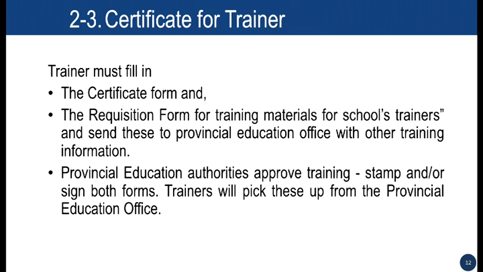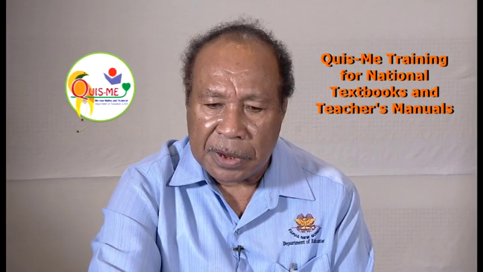Number 1, the trainer must fill in the certificate form, and 2, the requisition form for training materials for schools. Trainers send this to the Provincial Education Office with other training information. And thirdly, fill in the Provincial Education Authorities approved training, stamp this and sign both forms at the provincial education level, and trainers will pick this up from the Provincial Education Office. This is a sample of the certificates